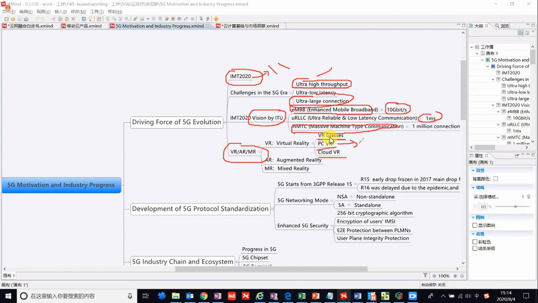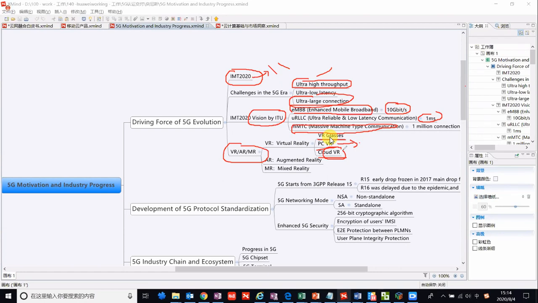If we want to go on site, we can't take the big computer with us. But for cloud VR, we just buy a terminal, and all the video processing, all the GPU and CPU, will be in the cloud.